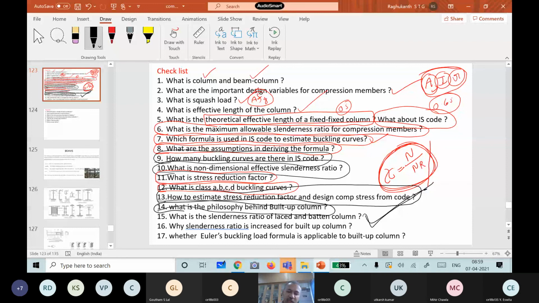Now why is the slenderness ratio increased for built-up columns by 5% and 10%? Where do we increase the slenderness ratio? Why? Because shear deformation is there.